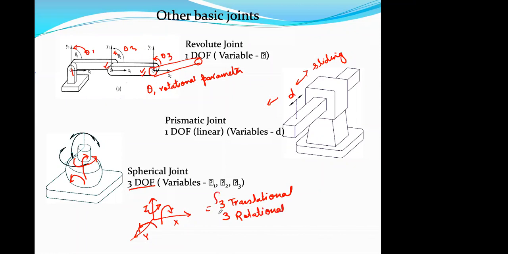So in this way, there are 3 plus 3, total 6 degrees of freedom possible for a particle in space. Here you will see there are 3 rotation motions: rotating in this direction, another in this direction, another in this direction. That gives you the 3 DOF in the spherical joint. You have probably seen these 3 degrees of freedom when you work with a joystick and you are playing on a PlayStation.